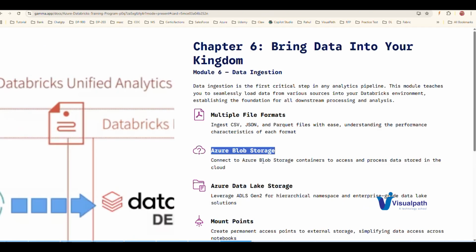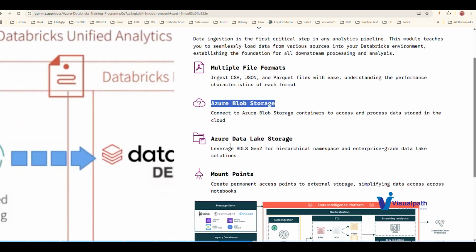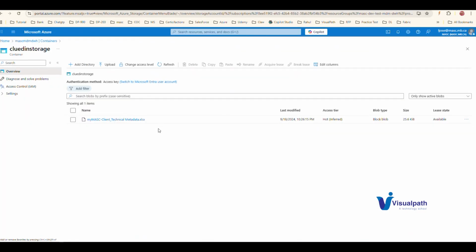There is another way to input data into the Azure Databricks platform. The other thing is Azure Data Lake. Azure Data Lake is the same as Azure Blob Services. The thing is that it is a hierarchical way of organizing the data. So that is one of the things we have to understand in Azure Databricks.